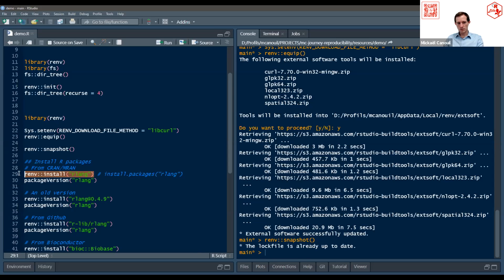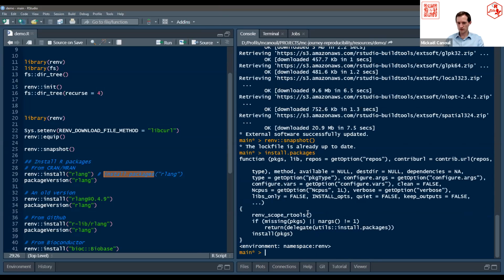So now we can install packages. There are 2 ways to do that. Actually, RAMP masks the install packages function, so you might want to use this one. And as you can see here from the namespace, it's not the base one. So even if you forget that you are in a RAMP setup and use a default install function, it will work well. It will install using the cache and everything.